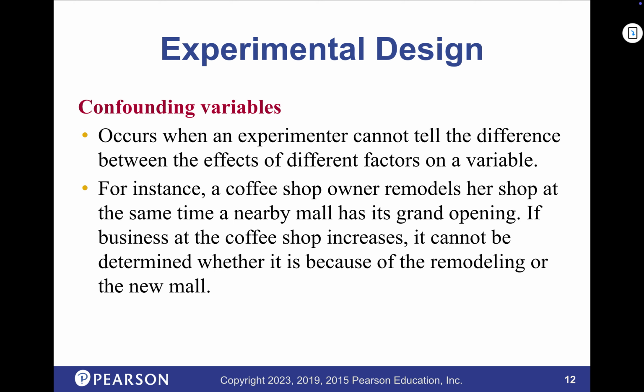So importance, okay? The other thing that can happen is something called a confounding variable. Here's an example. You have a coffee shop, you remodel it, and your business picks up. Wow, it must have been the remodel, right? Well, what if at the same time up the street they built a new mall, so maybe that's bringing more people to your area. Maybe you're getting more business because of the mall, not because of your remodel. That's the confounding variable type thing. So look for everything that's going on.